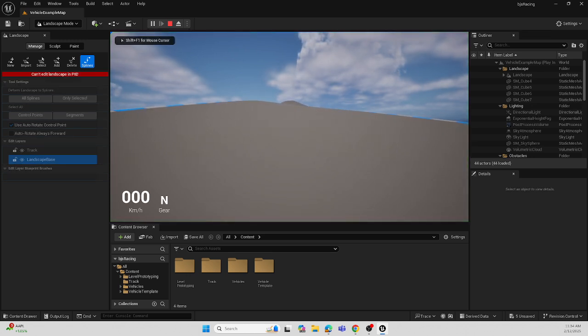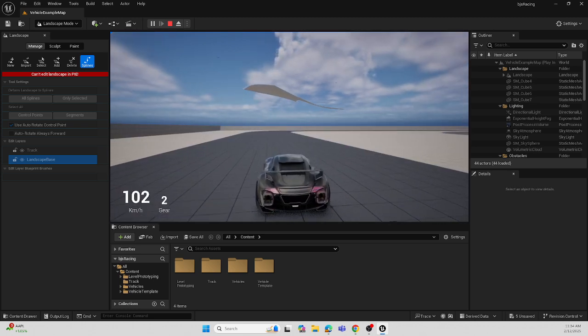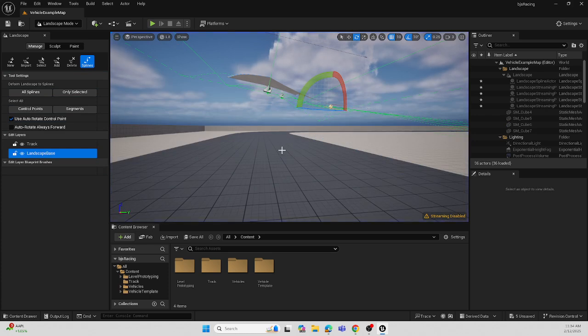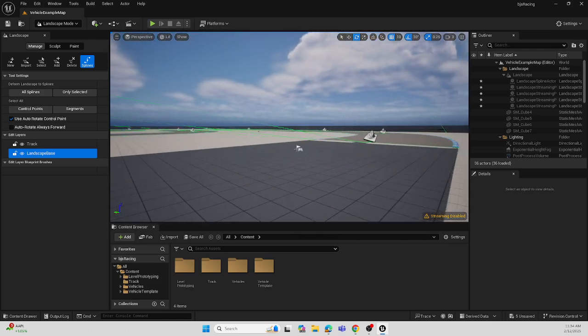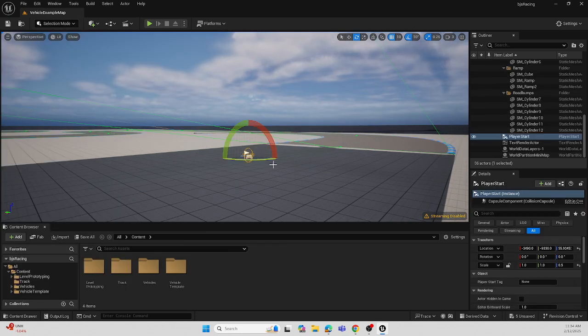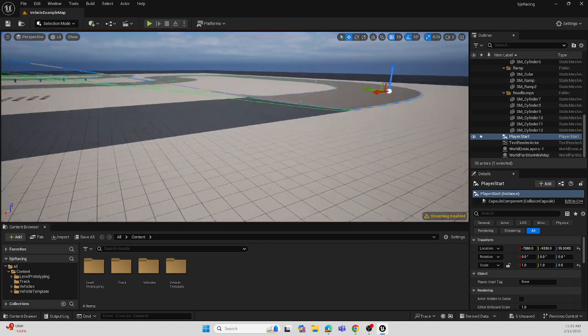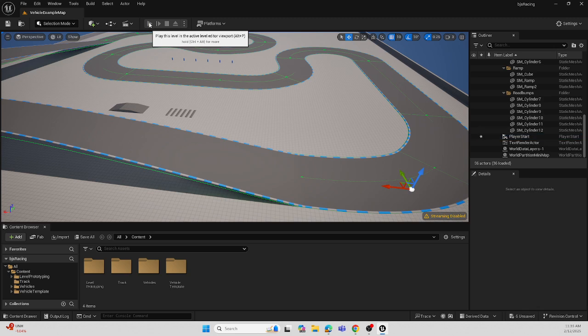Oh, it started me on the bank. I should have moved my car. Oh, I'm under the, let's start that over again. So where's my Player Start? My player start is right there. Oh, we're in landscape. Oh yeah, thank you. In landscape mode, go back to selections. Player Start. Pull it back a little bit so I'm actually not starting under the track. There we go. That looks good. So now when I hit play,